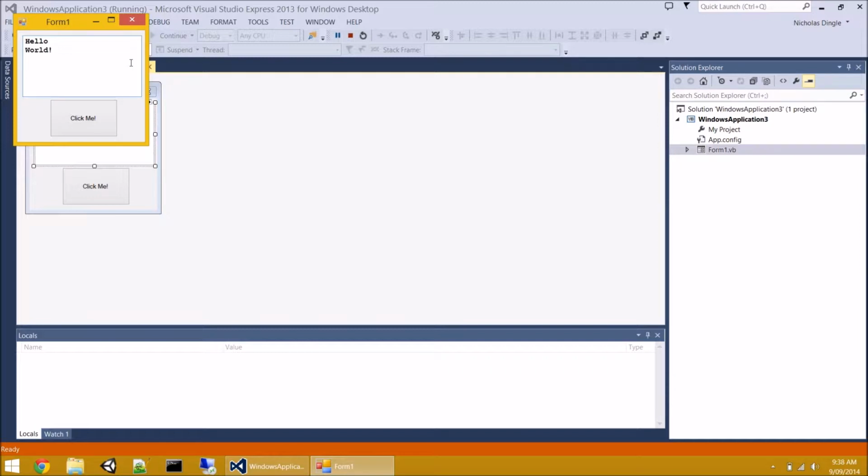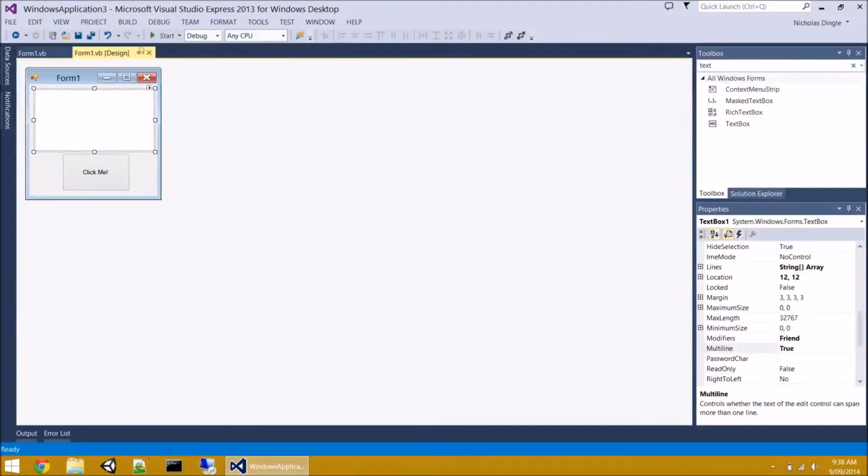Okay, so multi-line, if you're about to do like a Word text document or you want multi-line or comments or something like that, you're going to need the multi-line setting. All right. Another way to change that setting is actually through this little arrow up here. This is generally for really common settings, and you'll see the text box only got multi-line in there. All right, but anyway, I'm going to leave that on, and we're going to move on to the next one,